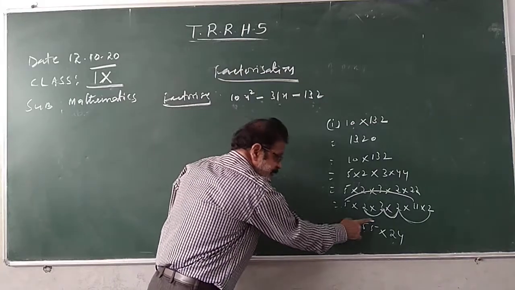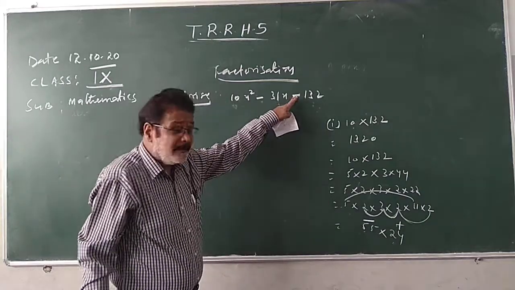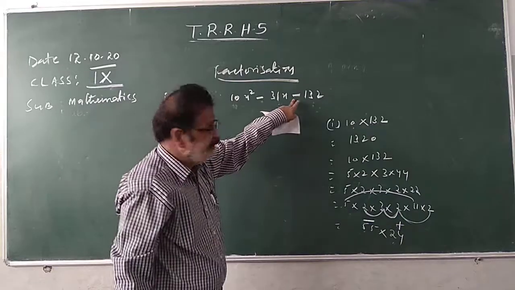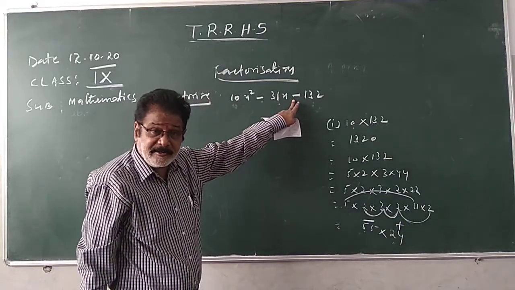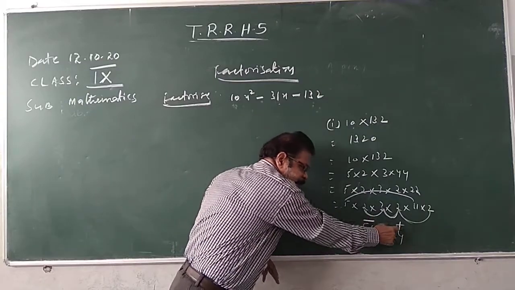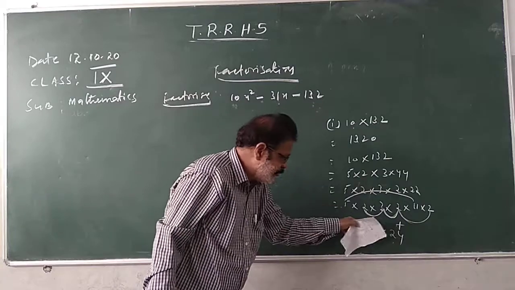Greater factor sign is minus. Its opposite is plus. If the constant is plus, what will we do? Allot the same sign. In the case of plus, the last constant term sign is positive. Whatever sign is allotted, allot the same sign to the smaller factor also. Greater factor is minus, here also minus. It is plus, it is also plus.